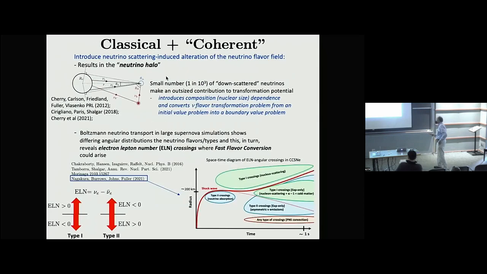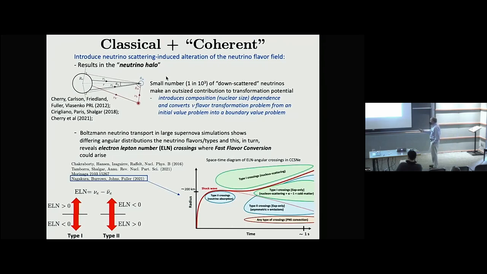Very interesting. So typically what we have done is to combine a classical calculation, like from the simulators, with a coherent calculation. We'll use the classical Boltzmann calculation to get the lay of the land, the distribution of neutrino energies and directions in the neutrino flavor field above the neutron star, for example, and then go from there.